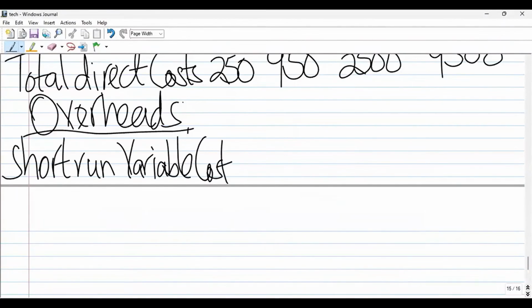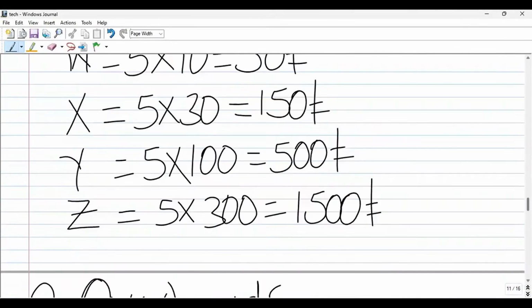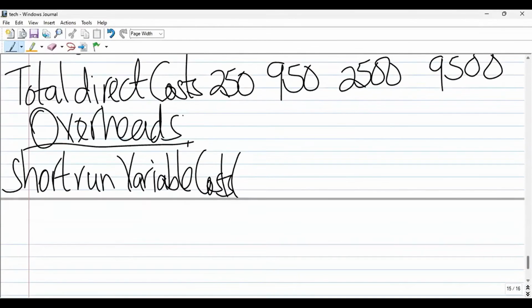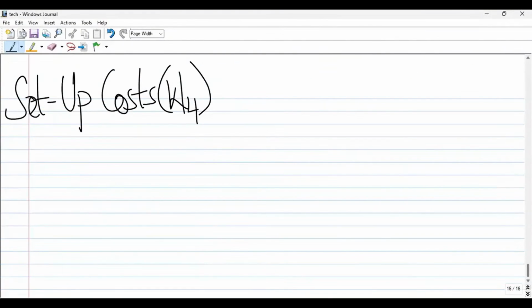So this one is going to have a working. So our last working was, was it 2? So this is going to be 3, working 3. Write the next overhead, setup costs. So setup costs, working 4. I go to the next. Next is expedite